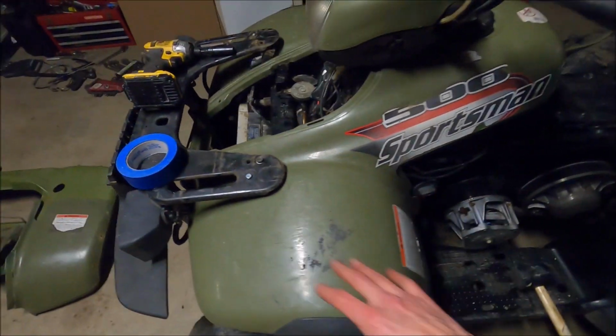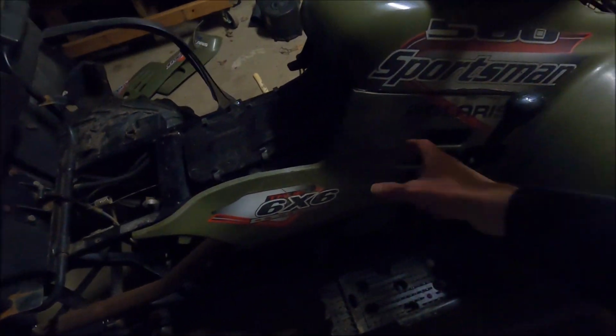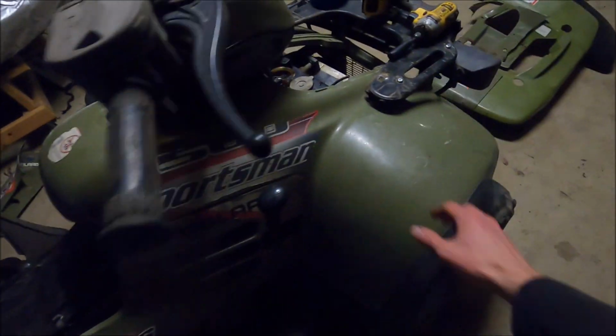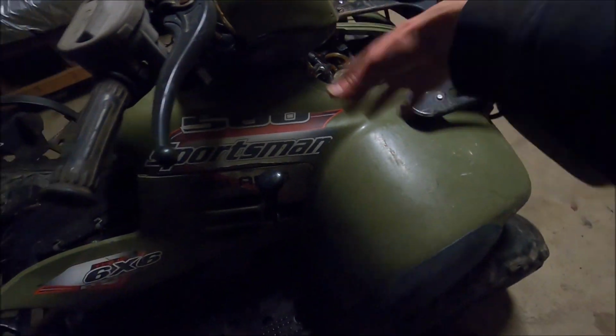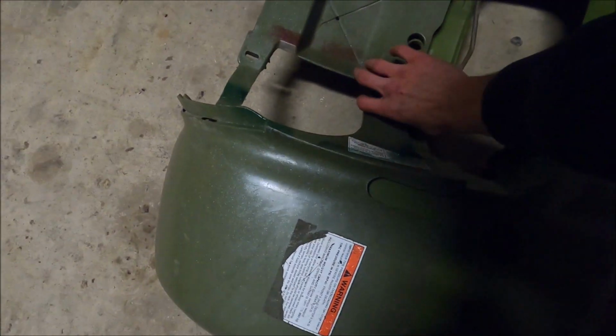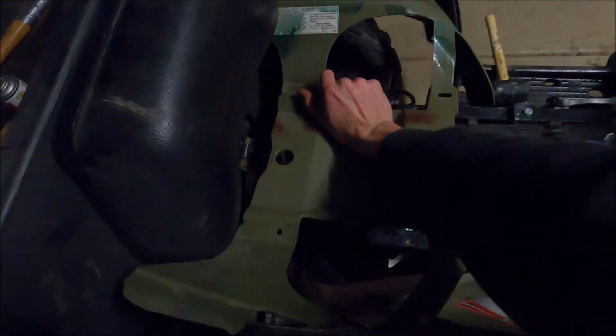However, now I'm working on putting all the plastics and everything back together, or back on it. I put this one on this side, and I think I should be able to just put this side on as well. I'm going to leave this off until we have the radiator and coolant all bled. But the main thing is the back fender flare here. This was the original one, and as you can see, when it sits here,